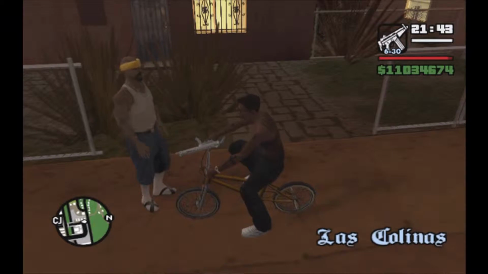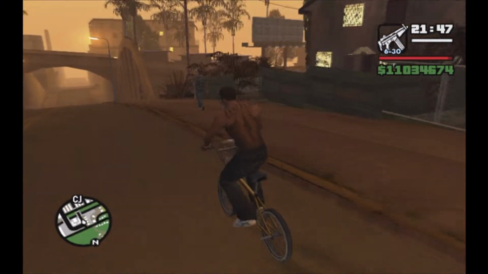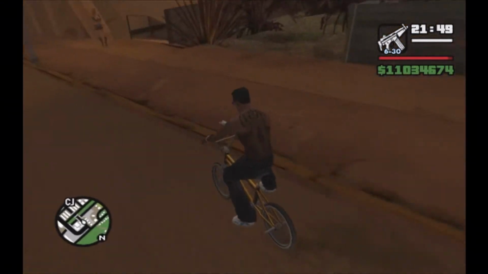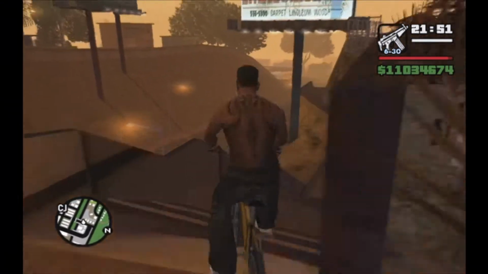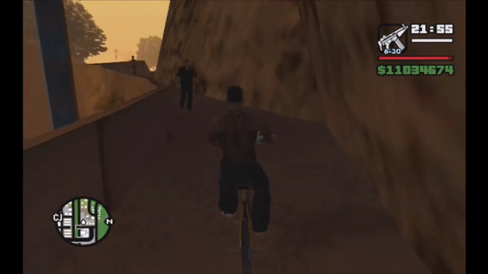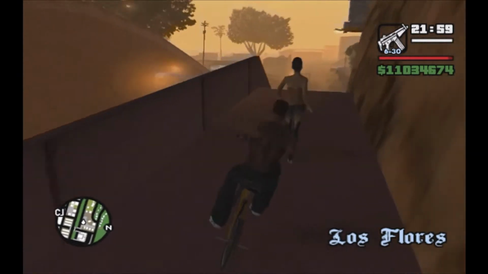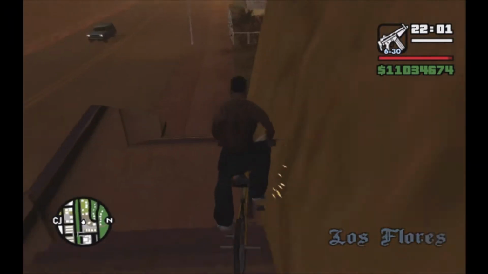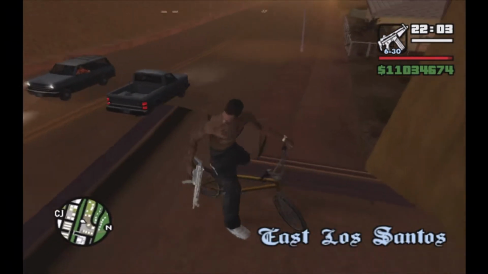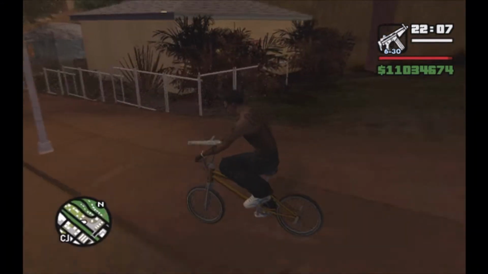And then you don't have to go to Las Venturas to get an M4. There's one right here in Los Santos. All you got to do is go down to the airport. And I made a video on how to become a pilot right in the beginning of the game. So if you want to become an ace right off the bat, just follow that video. It's pretty easy. I just recommend hooking up a wired controller and then